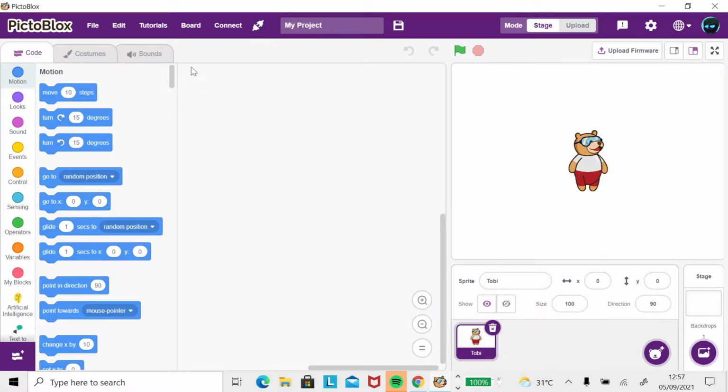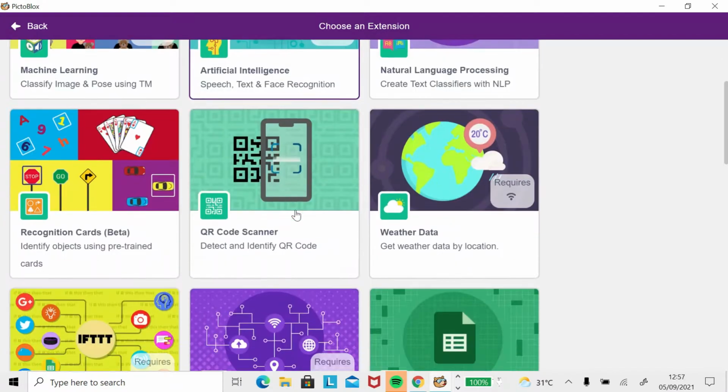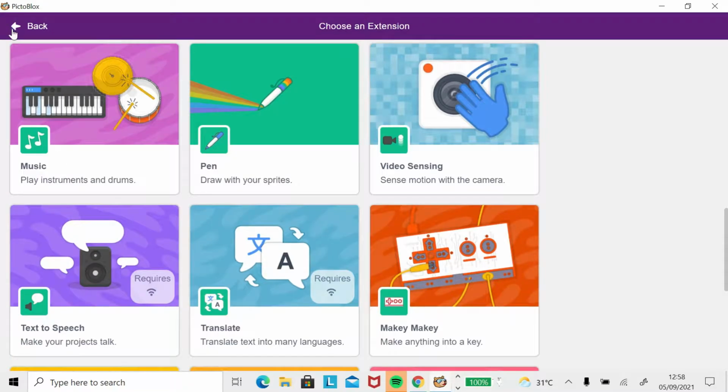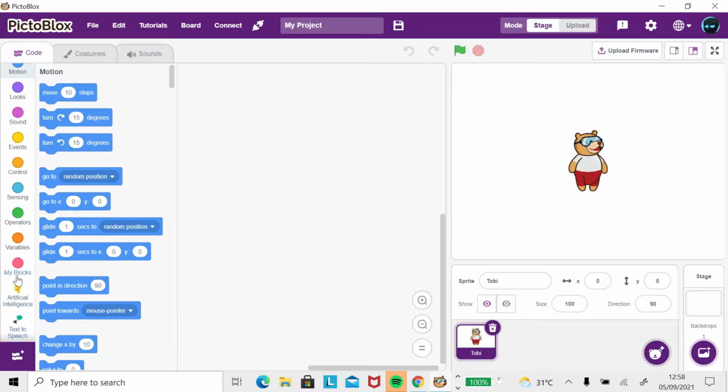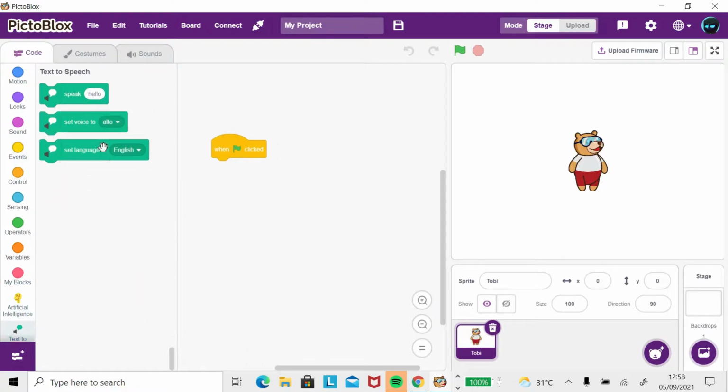So let's get started. To start, you will need two of these: artificial intelligence and text-to-speech. How to add this? Go to here and there. You can add this and all you need is this. Okay, so once you already do this, go to the events, drag out the when green flag clicked, text-to-speech, set